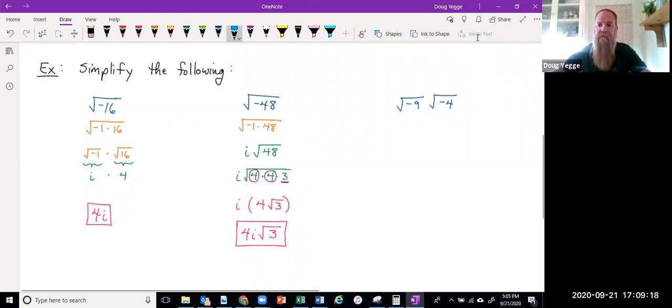So now for this last one. The tendency of some people is to say, well, when I'm multiplying two radicals, what I can do is I could just multiply the insides. So I'm going to show you the wrong process first and say that this is wrong. What I am not able to do is say the square root of negative 9 times negative 4. So although that's a property of radicals, that only is true when the radicands are positive.